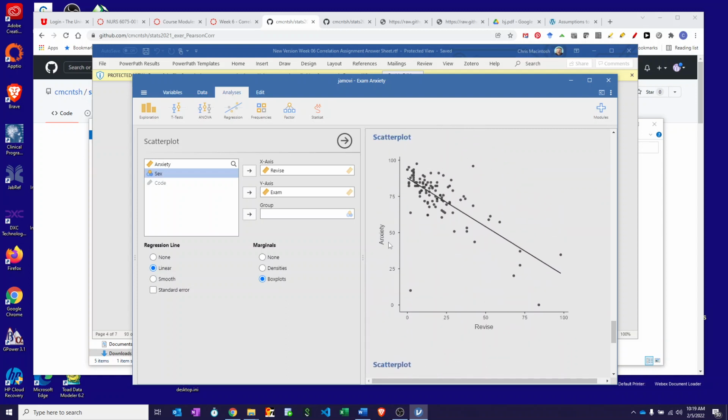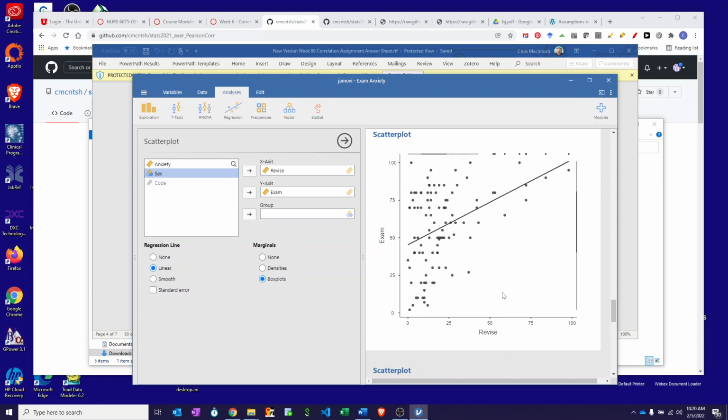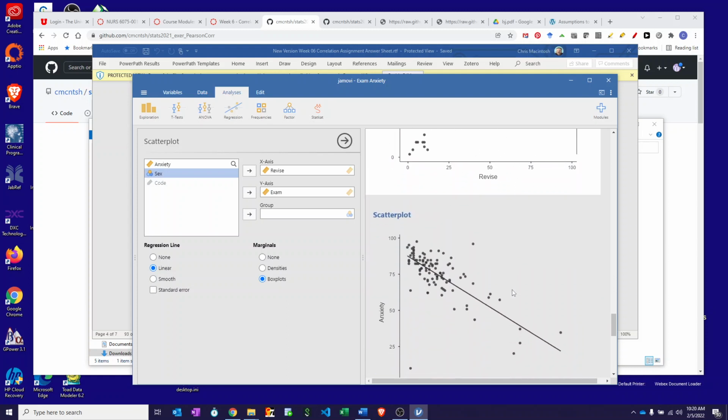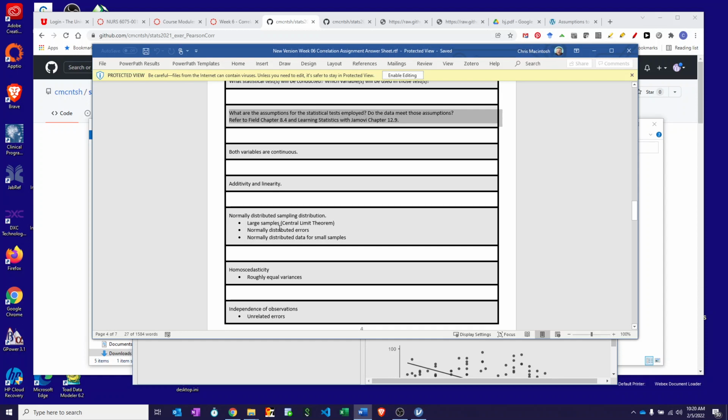Again, here with anxiety and revise, we have basically a linear relationship. There's no obvious curvilinear relationship that would make our results less meaningful. So we're okay, but we do definitely have some outliers here. And here is revise and exam. And again, a little bit of an issue with homoscedasticity, but we do have a large sample size, so we're probably okay. But it could be noted here that the low end on revise has a lot more spread around exam than the high end. So definitely some things to look at. So we have some issues with,